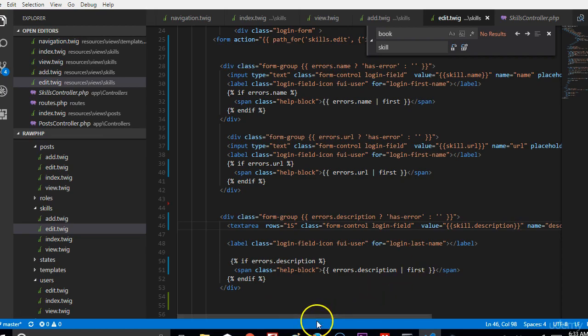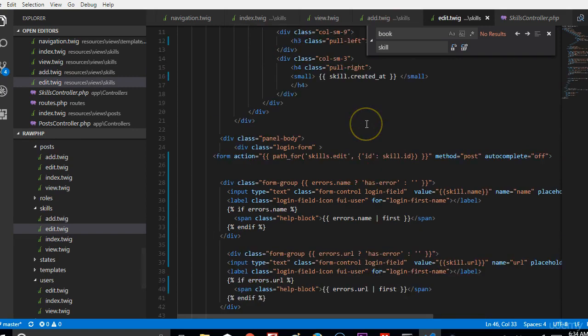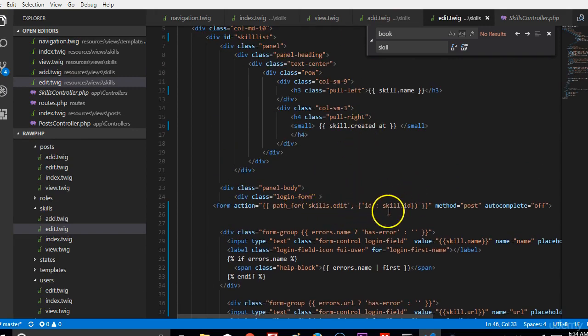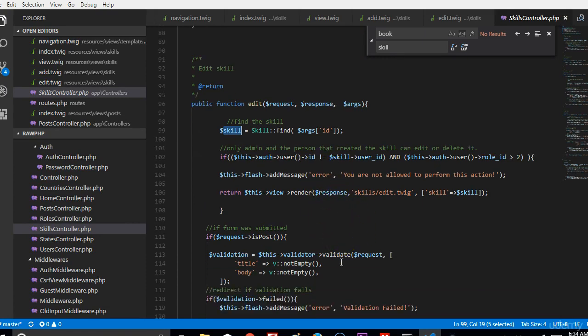So I'm going to quickly reduce this skill description, the number of rows is 15. That's too much. I'm just going to put it somewhere around 8. Okay, which means I should come to add and reduce it to 8 too. So when we click submit, it appears that it didn't submit, skills edit skill ID. Okay, so we'll quickly go to the skills controller to be sure that we are good to go. So this is the edit function. This works well, and this works so far,